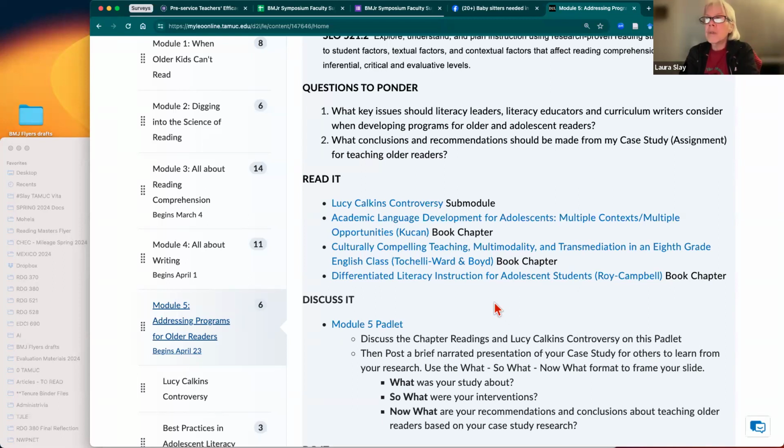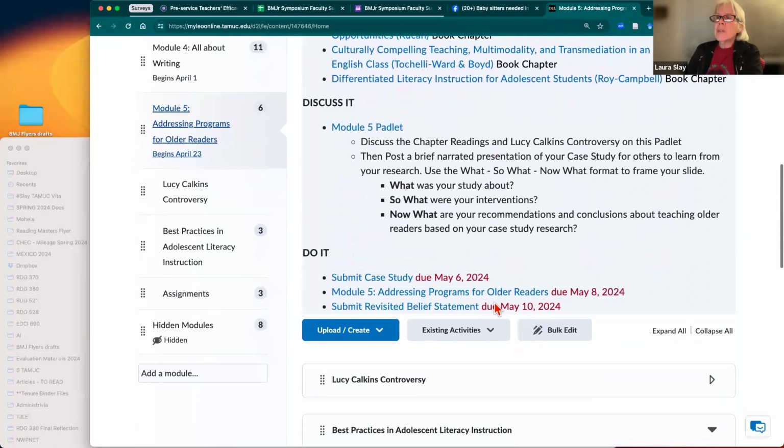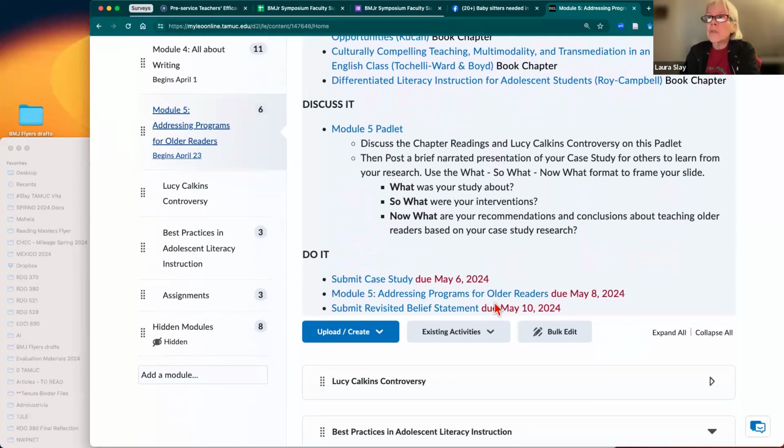issue. So I want you to visit that chapter to just get a grasp on what some of the research says about reading across contexts and multiple opportunities for learning in different ways, and the importance of that academic language. The next chapter that I think you'll find really interesting has to do with